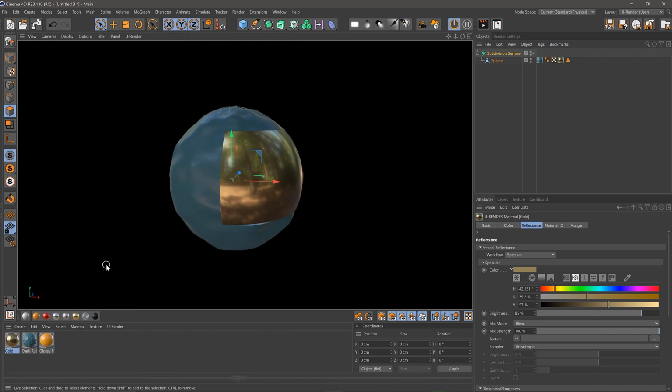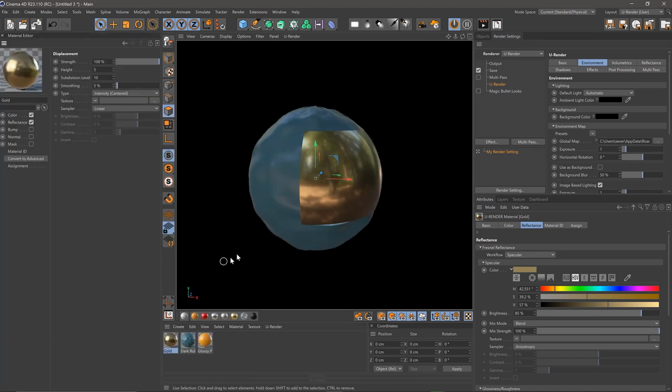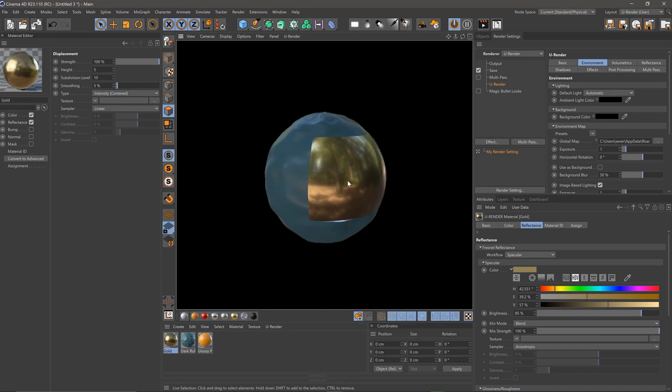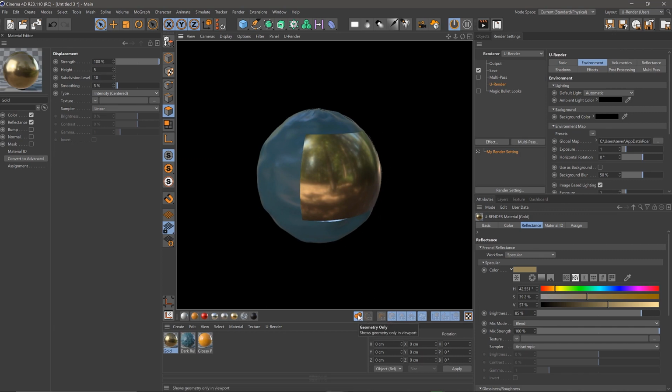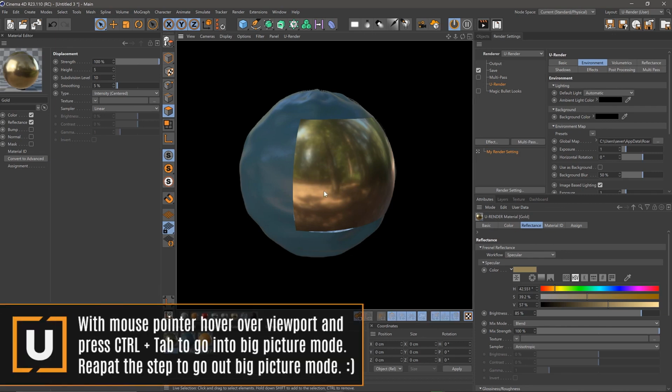But what is actually nice, and I just want to now explain why, for example, we have our render settings here. If I open this menu, and this now I will use, geometry only. So when you activate the geometry only filter, as you can see, absolutely everything from the viewport will be gone, and now you can be even more concentrated on what you are doing. As you can see, there are no elements, even the axis are gone. So you have focus on your